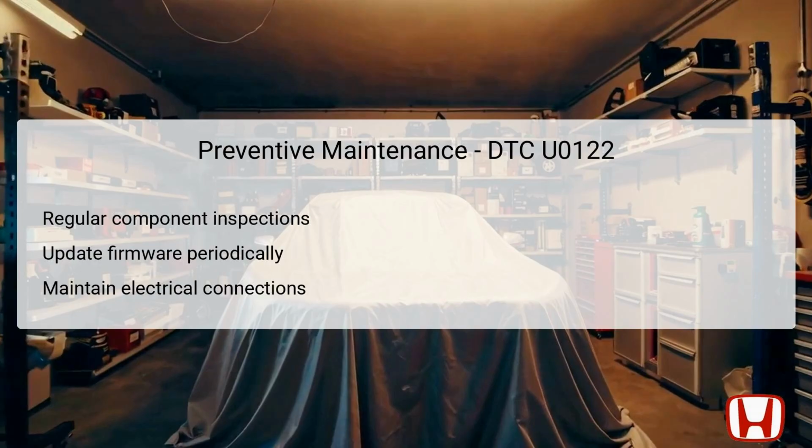Updating firmware periodically according to manufacturer recommendations helps to mitigate software-related issues that could lead to communication breakdowns. Ensuring that all electrical connections are clean and secure reduces the likelihood of intermittent faults and maintains the reliability of the vehicle's systems. By adhering to these preventive practices, vehicle owners can enhance the longevity and efficiency of their Honda